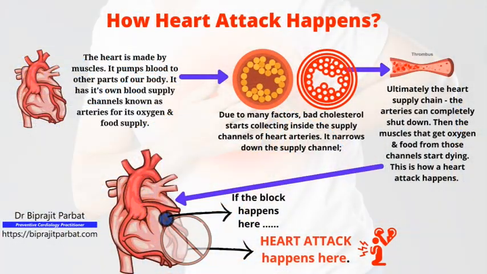Cholesterol plaque, or atherosclerotic plaque, is a combination of fat and body cells that gets deposited in the heart arteries, and the arteries are very narrow. As the atherosclerotic plaque gets deposited inside,